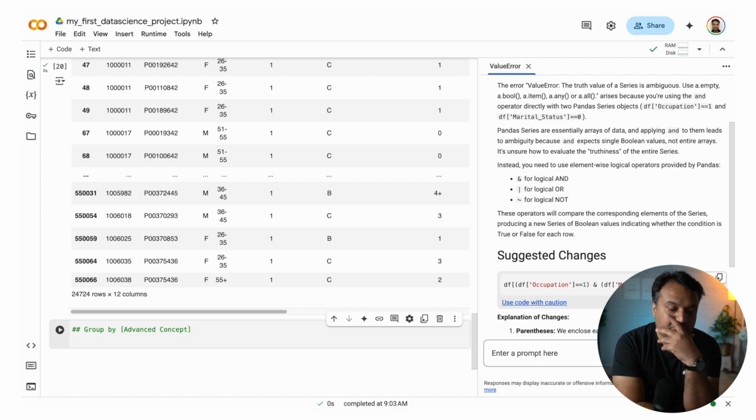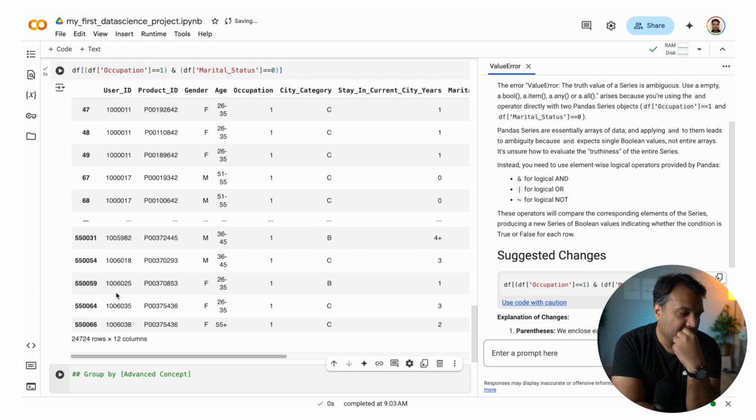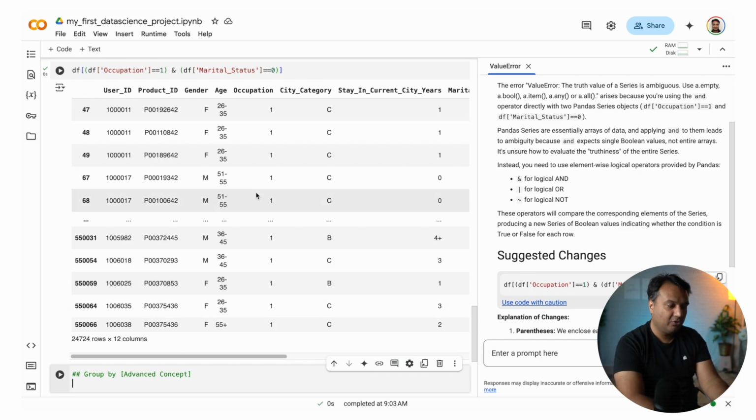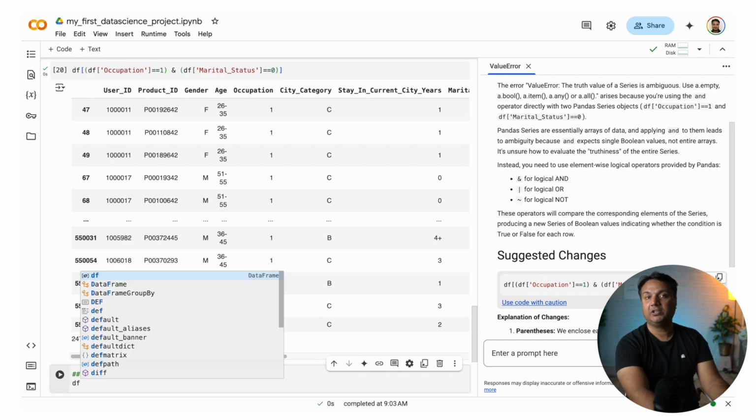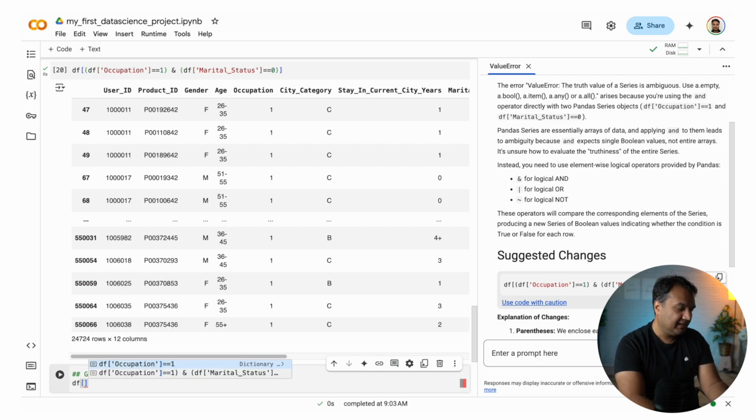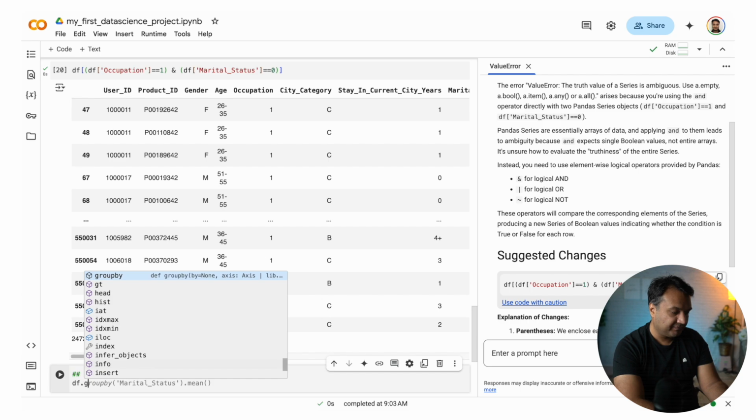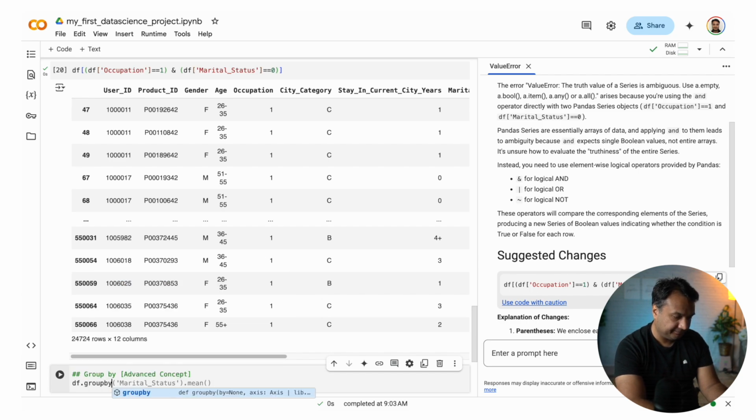So let's say we want to know, per occupation, how much people are spending. So I'll say df again, because I want to process this data set, and then dot groupby. What is the thing I want to group it by?